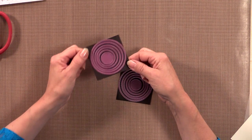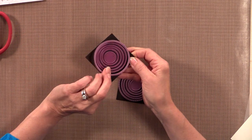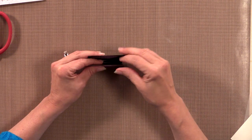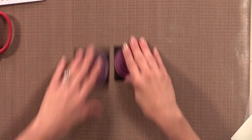Also, when you get these dies, they come on a magnetic sheet, so they won't come off the magnetic sheet, and it's a great way to store them. I just kind of throw them all in a basket, and then I can just kind of page through them and see which ones I want to use, so it keeps them nice and organized. Okay, so